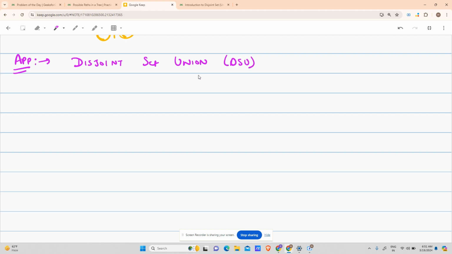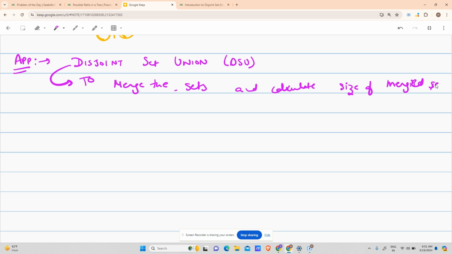Why disjoint set union? To merge the sets and calculate the size of the merged set, right? But the key intuition, our intuition is